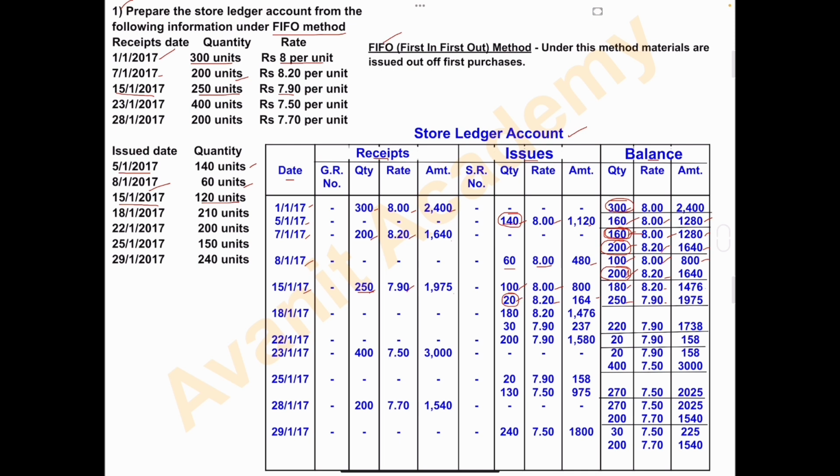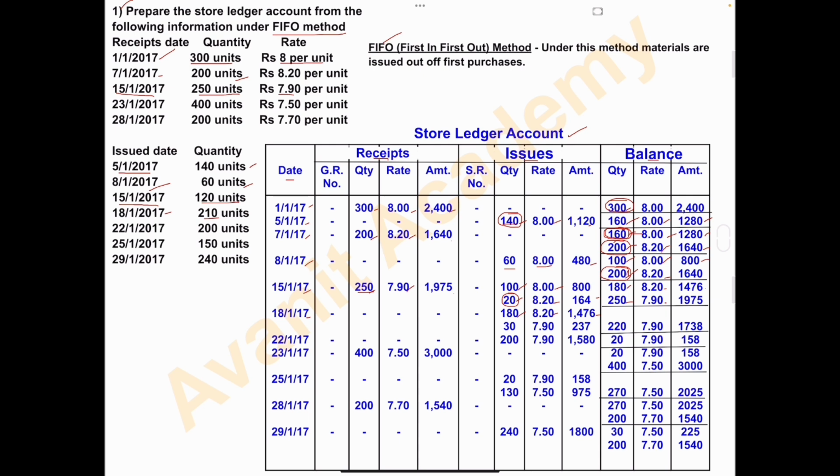Next is on 18th January. On 18th January, 210 units are issued. Previous balance, what we have? 180 units, 250 units. So total how many units we have to issue? 210. So directly we can't write 210. So first we'll take 180 because in this first batch we have only 180 units. So we'll issue this one first. So write 180 and the rate is 8.20. Multiply this,